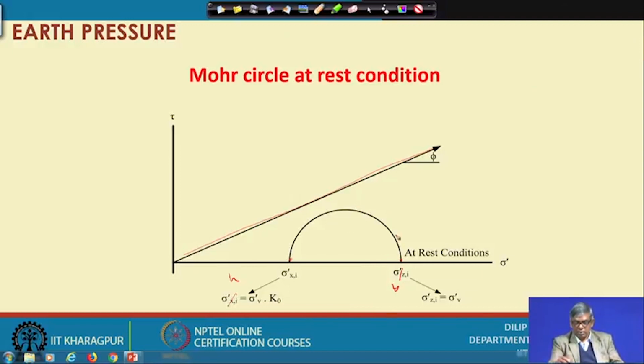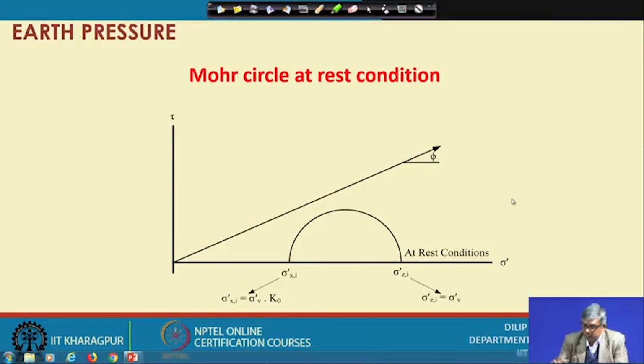If you have the at rest condition, if I draw a line with phi degrees, the phi angle, which is the internal angle of friction of the soil, that gives you the failure envelope. And now, at any depth, you find out sigma v and sigma h, and if I plot this Mohr circle, it will always be much below the failure envelope. It will never be tangential. Okay. So, at rest condition,